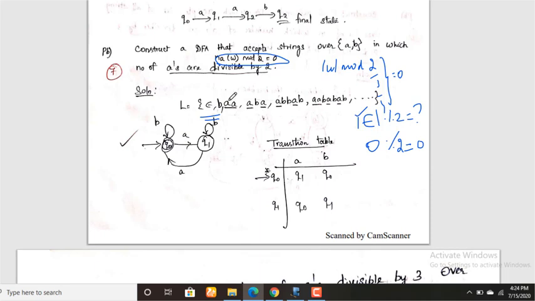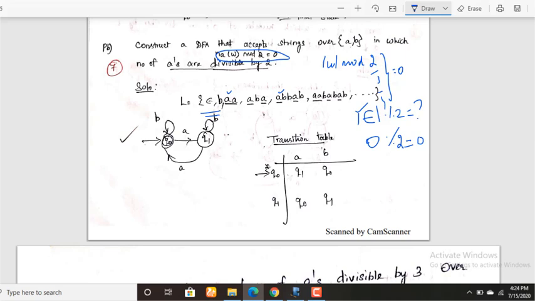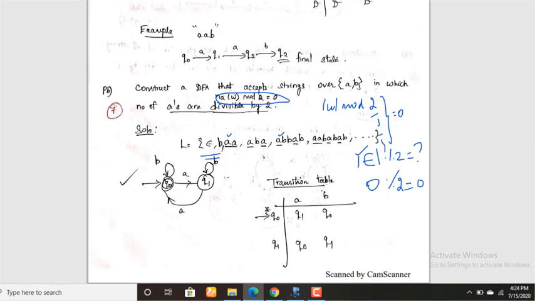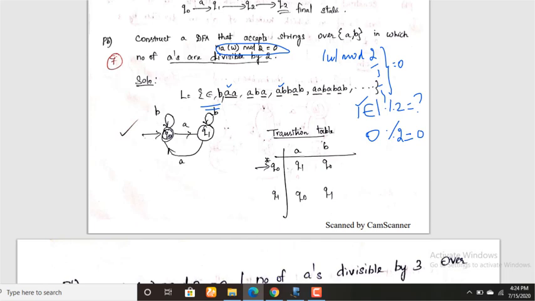Next, now count of A equal to 2, so two A's, starting with BAA. Okay, it is accepted. Next ABA, so the count is also 2. Then ABBAB, here the count is also 2. So the number of A's 2 is accepted, number of A's 4 is accepted, number of A's 6 is accepted. Okay, this is definitely an infinite language. You won't bother about the count of B, it can be in any count. Okay, so let us start with the next step, number 2, construct DFA, that is minimized DFA.